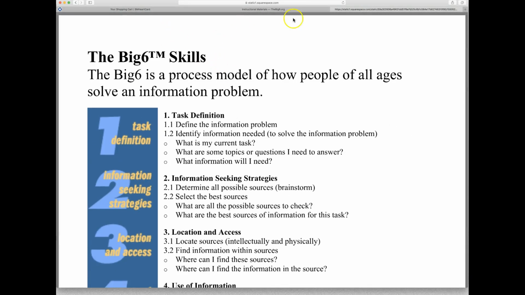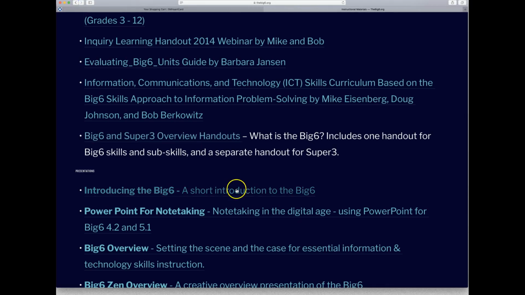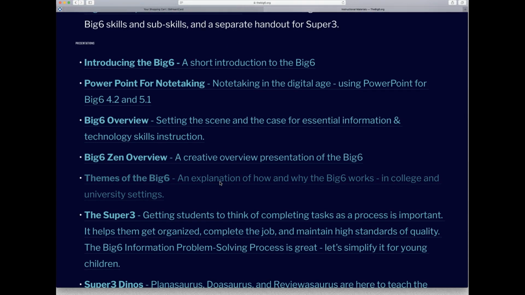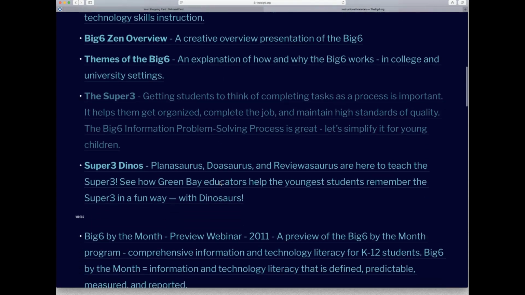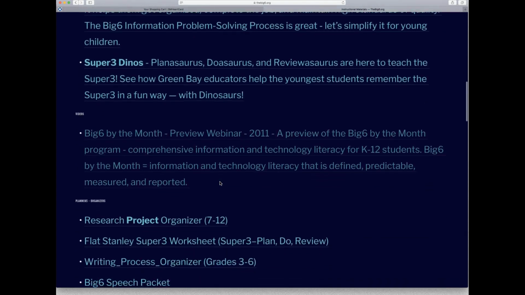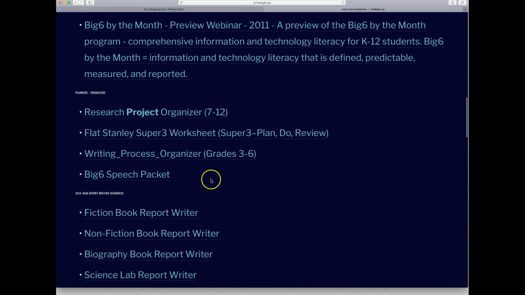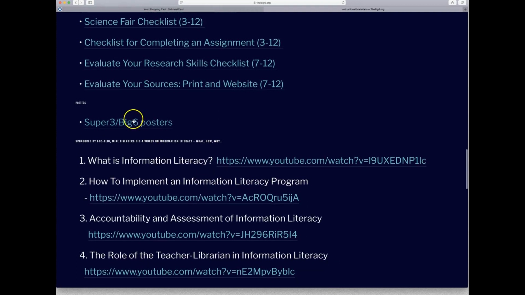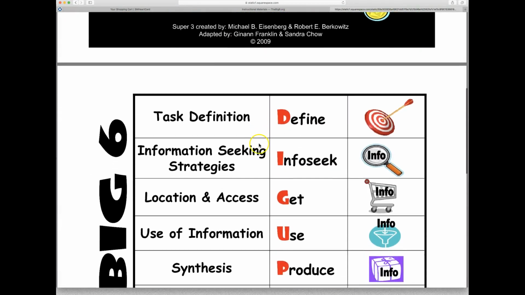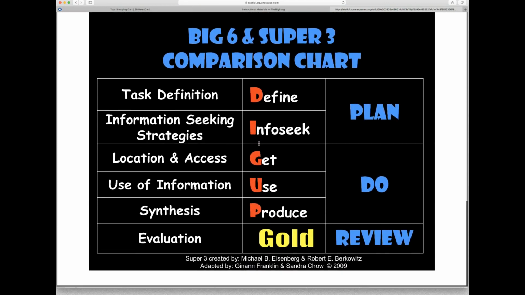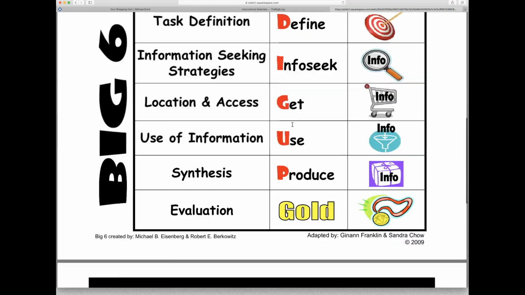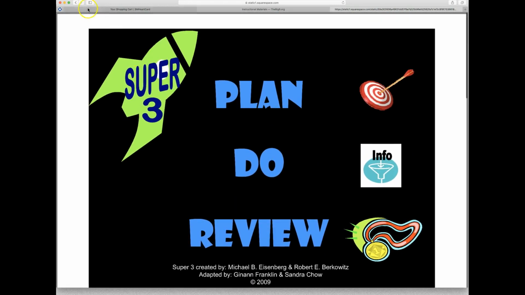So this can be a very useful page with lots of information, as one of the ways of teaching information literacy or teaching parts of information literacy. They have all different kinds of organizers, checklists, posters. So here's the Super 3 Big Six posters. So there's all different kinds of posters. Plan, do, review. So there's different posters that they've done if you don't like the ones